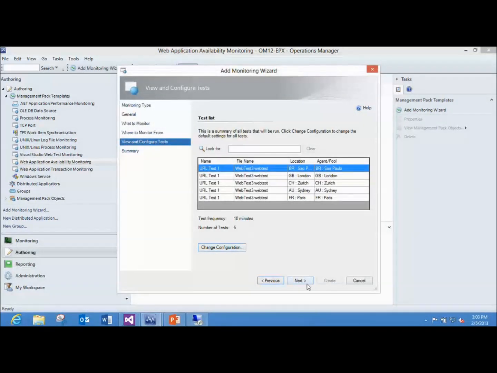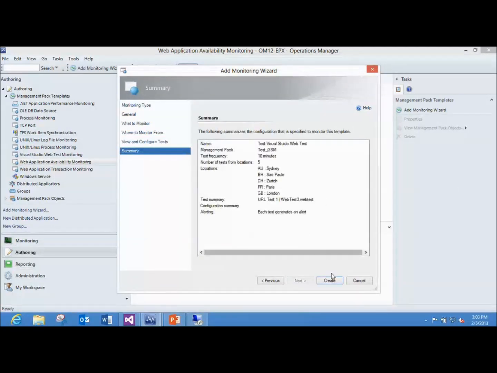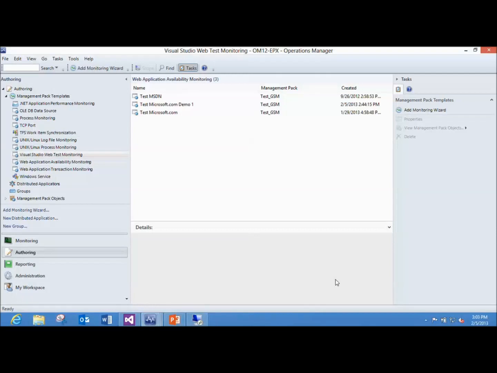All right. So as I go, I've accepted my configuration as is, test frequency of 10 minutes. I'll click Next, and then I'll click Create, and this will go off and create that test within the MP that I've specified. Now, as far as the options on how I view the results, you don't get the detailed dashboard or the summary map. You do get the health and you get the availability monitoring. So if I were to click over to the monitoring tab,